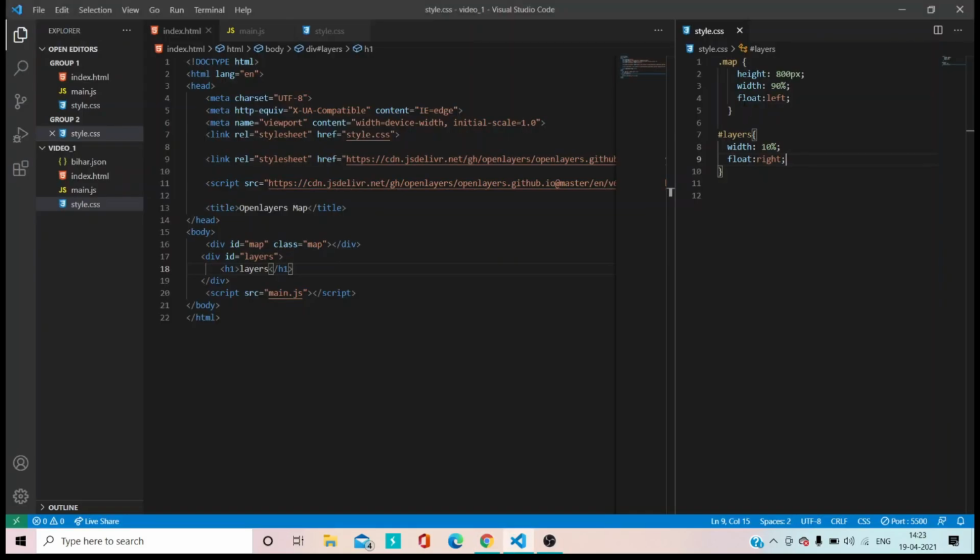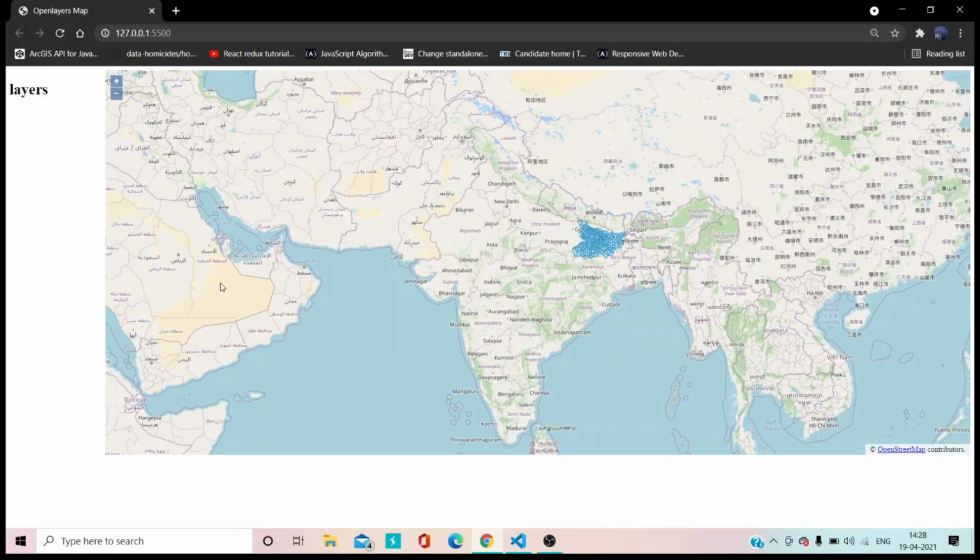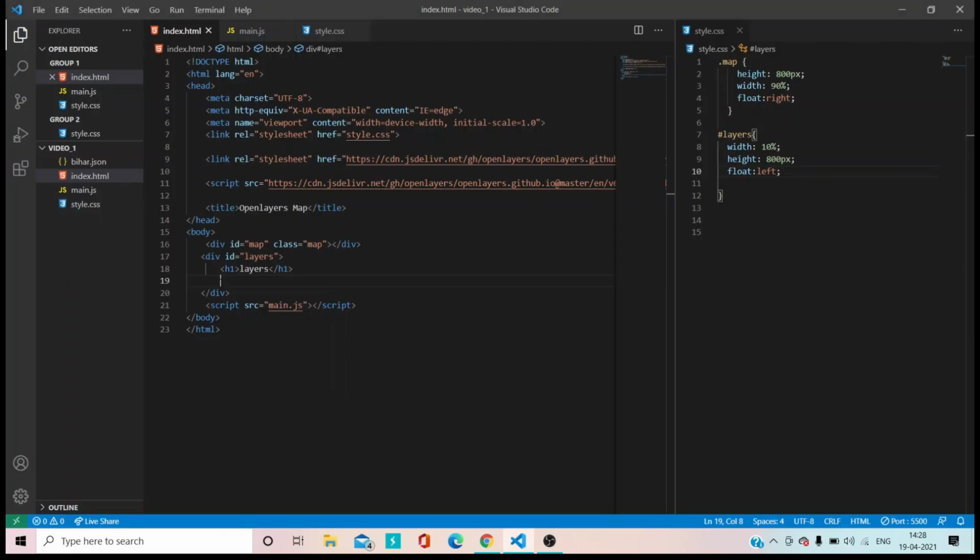Oh, I need to reverse it, left and right. So now I got my layer div element on the left and then the map on the right.